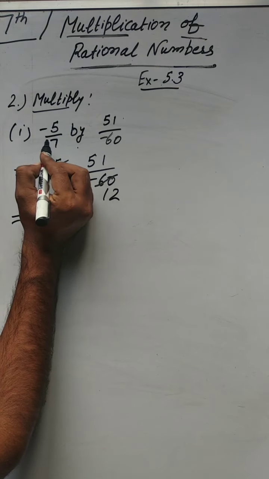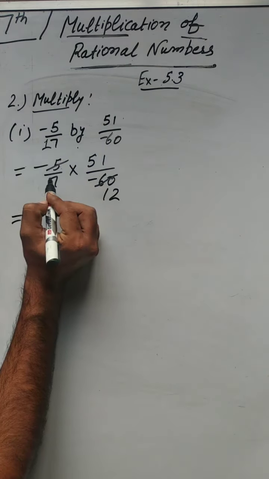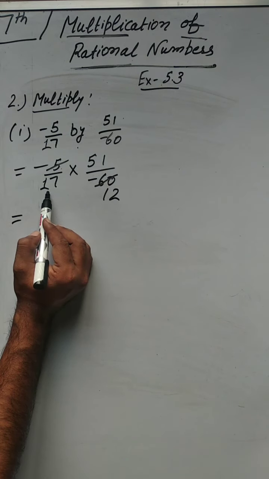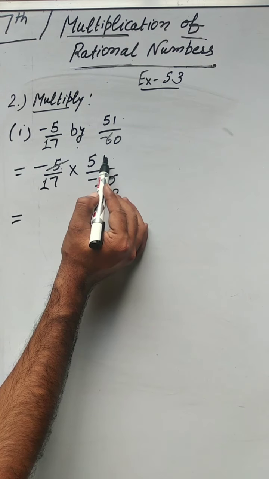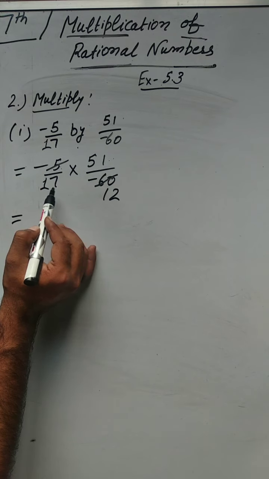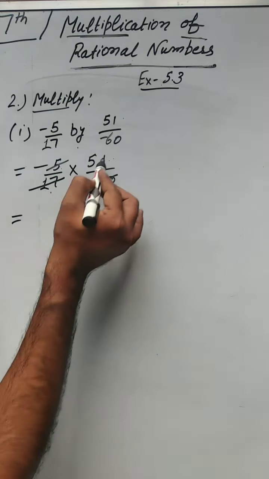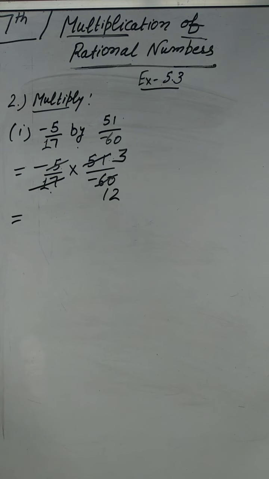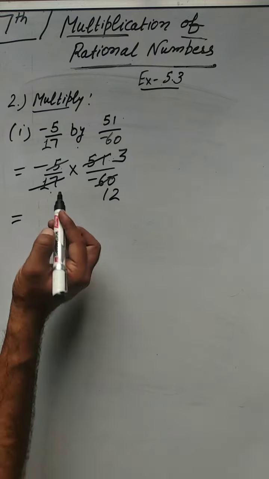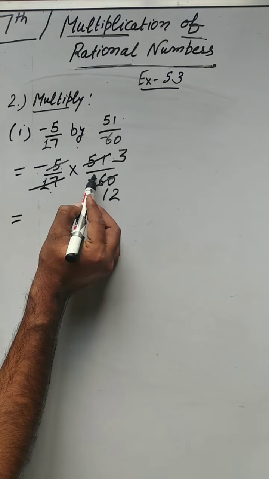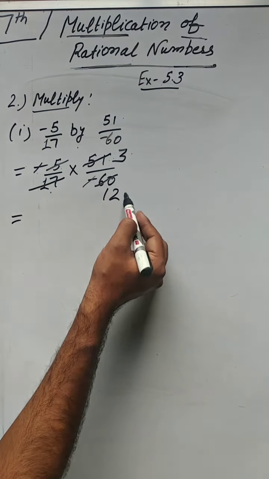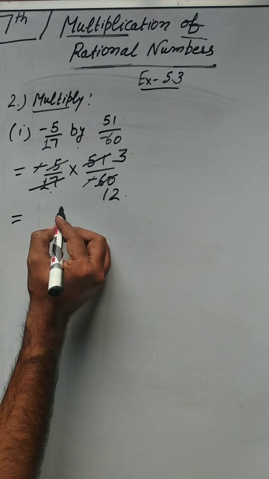And here in the statement beta, it is 17, not 7, 17. And similarly here beta, 17 and 51. 51 is in the table of 17. So 17 threes are 51. It is cancelled with 3. Now what is here? And minus is here. Minus is cancelled with the minus. What is left? We have only 3 upon 12.